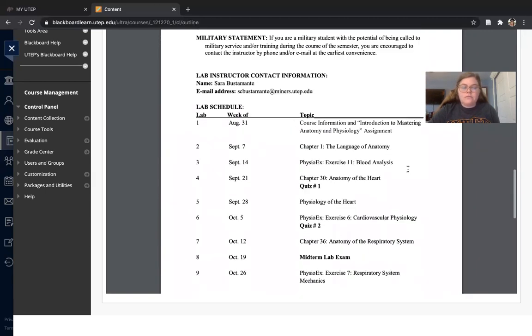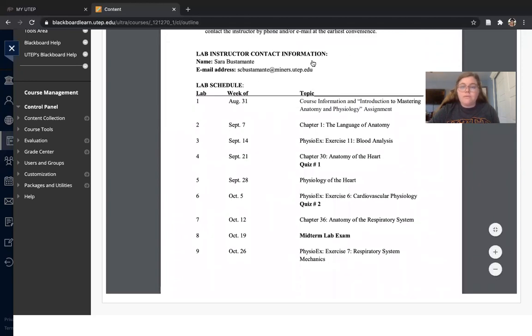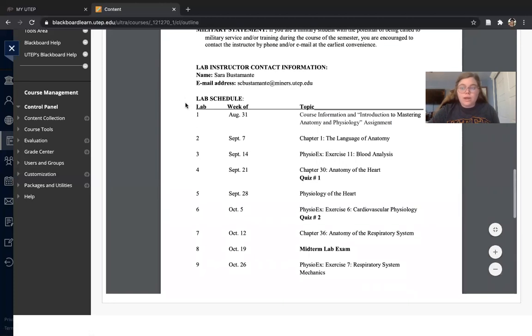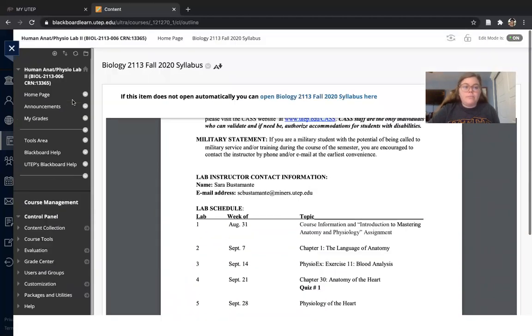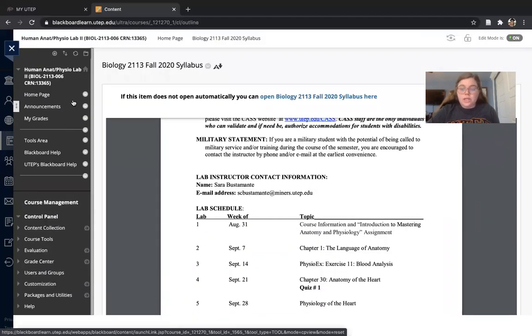The rest is kind of known. Here is my information. If you guys didn't see it, this is my email. You can go ahead and contact me. I do recommend that in the subject you put Bio 2113 because I have other courses. So when I go to my email, I'll literally just search inbox Biology 2113 and then go through those emails